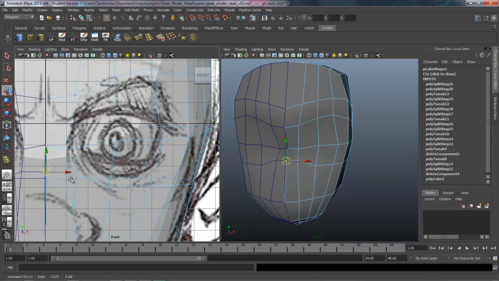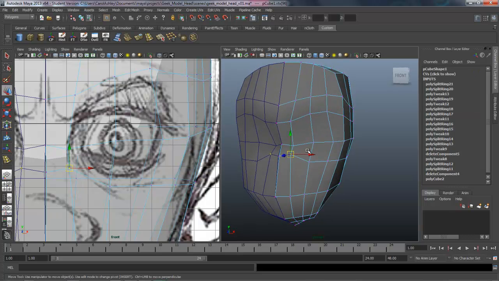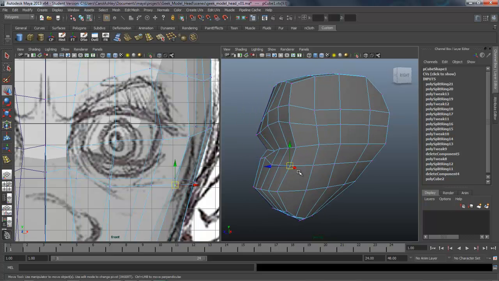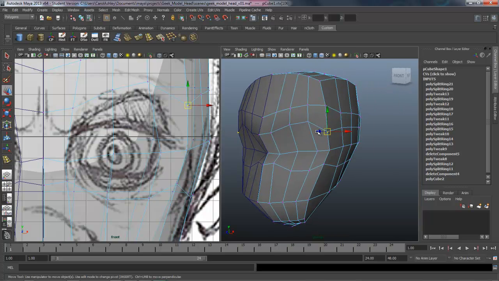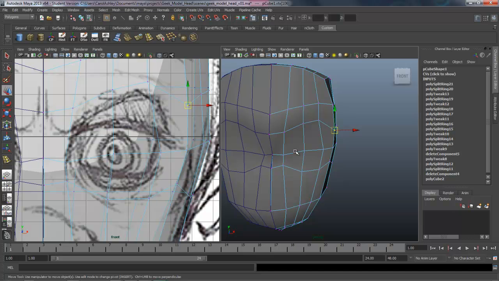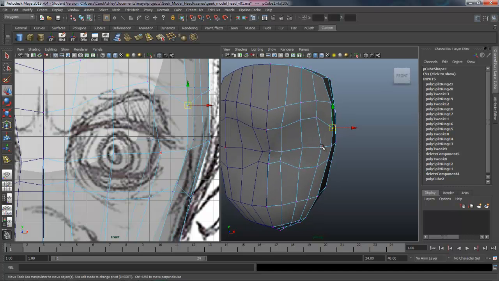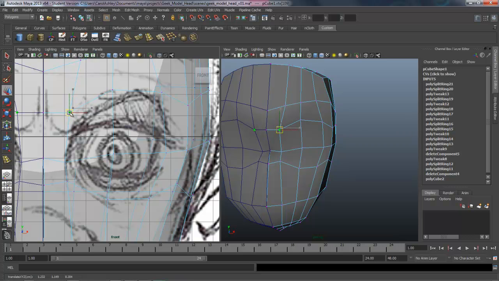There's sort of the bridge of the nose, and then I'm starting to run the topology around his eye and rounding that out. Okay, and this can come down quite a bit now. There we go. So you see this sort of creating the curvature around the eye. Okay, and I can pull these open just a little wider. Out just a little bit more. Okay, and I think we can probably grab the eyes. Let's bring this down here just a little more.